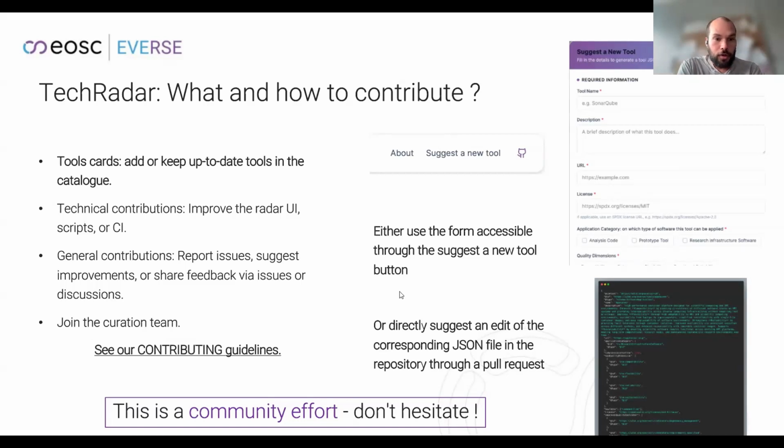You can also contribute in other ways. Technical contributions to the user interface are welcome. You can report issues, of course, suggest some improvements, or just give general feedback. And you can as well join the curation team if you want to do that. You can see our contributing guidelines for more details. And yeah, this is a community effort, so don't hesitate